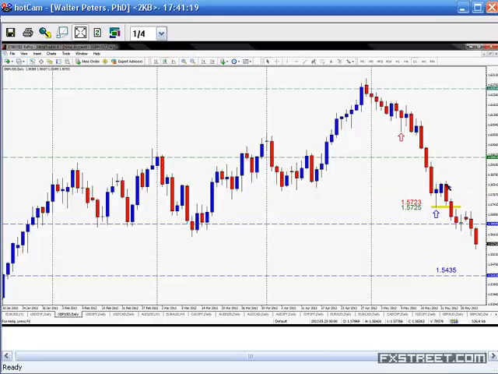But what I did do is I faded it. I took the opposite trade. So instead of having my buy stop up here, I had my stop loss up there at 58.41, and I had my sell stop down here at 57.25. My stop loss has now been moved to 57.23 because it hit my first target here at 56.60, and I just